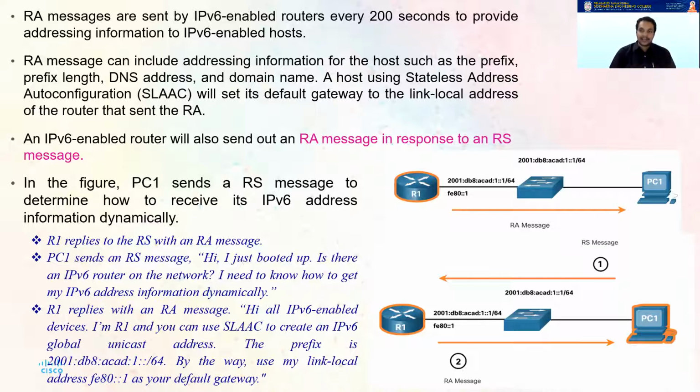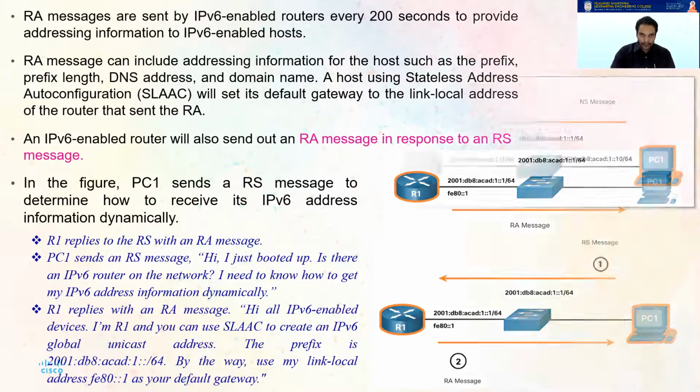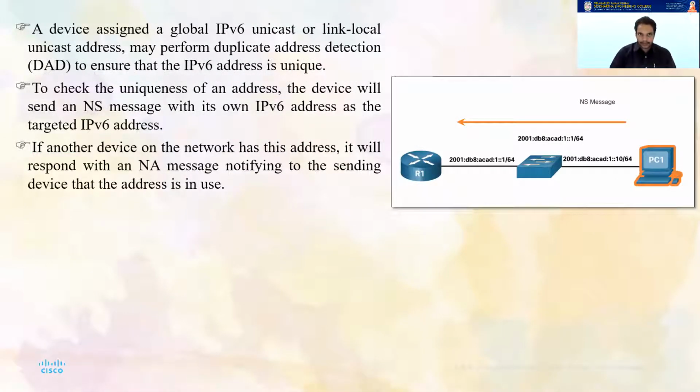Once a router receives this, it can send a router advertisement message as a reply back. So this reply message will say that, okay, fine, I am the IPv6 router for this particular network. So please use SLAAC. These are the parameters that you need to create your own address. Please do that. And also, please use my link local address as your default gateway. All these parameters are actually sent by your RA message. So this RA message, once it is received by the host, it can create its own particular GUA dynamically. It can create its own address from these parameters.